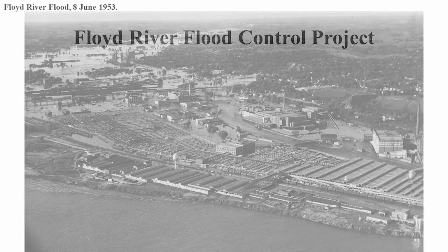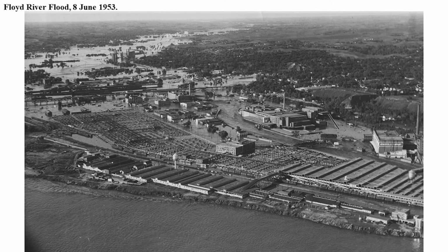All right, now the other big public project was the Floyd River Flood Control Project, and it was largely the result of the 1953 Floyd River flood, which was the worst in Sioux City's history. It killed 14 people, did over $20 million of damage to Sioux City's Floyd Valley, and it was just a really terrible event, and it was by no means the first terrible Floyd River flood. It was one in a chain of them, but it was the most recent and in many ways the worst